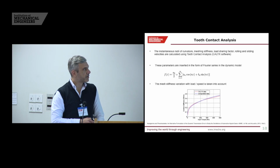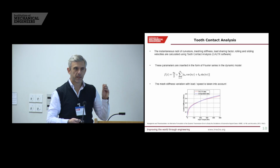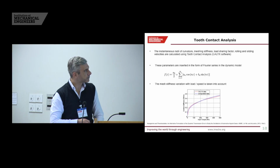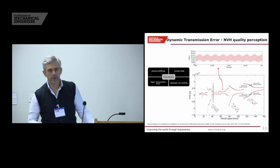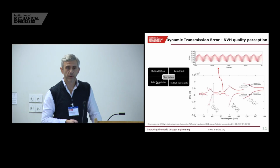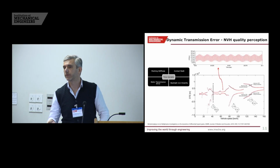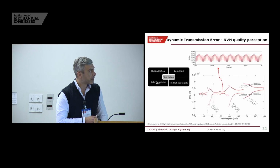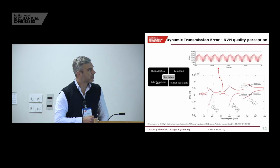So it is, again, very useful to update in real time our model according to the load that the pair of gear feels in order to have the actual rigidity and actual shape of contact in real time. So we have all those interesting and unavoidable, in most of the cases, non-linearities here. So we have the meshing stiffness variation, the contact radii time variation, the static transmission error, again, a byproduct of tooth contact analysis, and the backlash non-linearity, the gap between the teeth, which are integrated in the model,